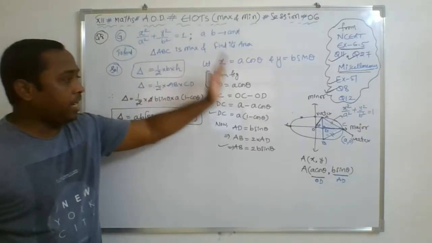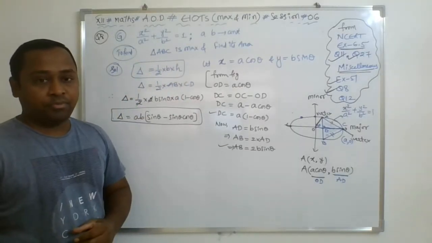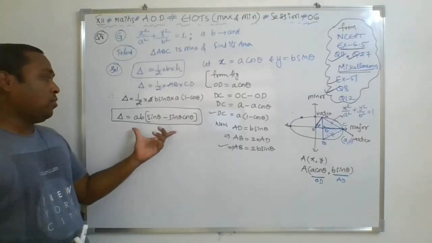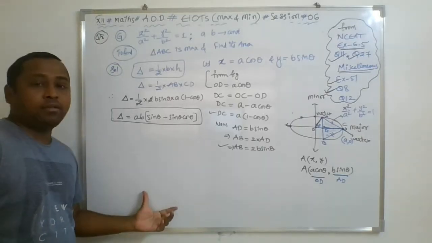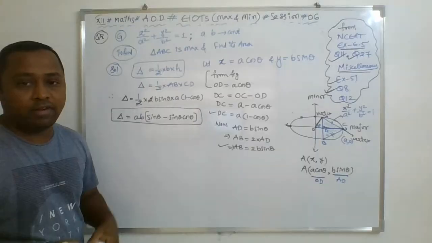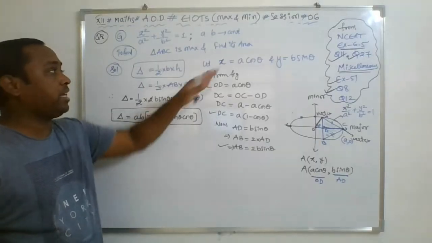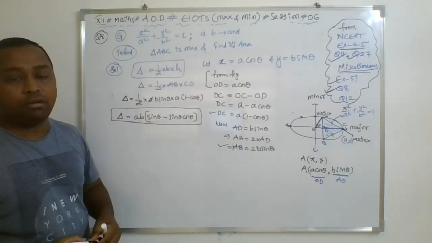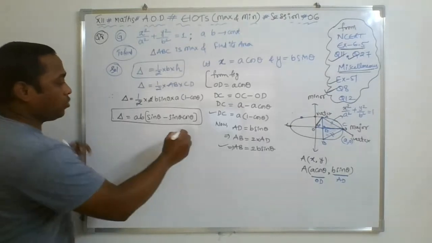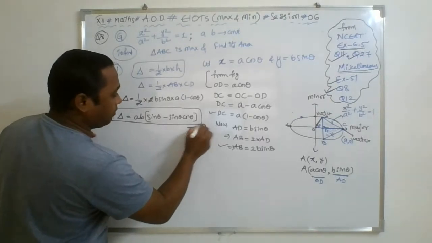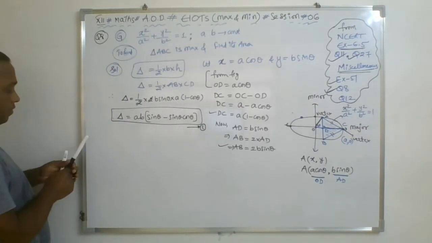So this is the beginning part of this question, right? Once you do this, then it is very simple to find the derivative, double derivative, and critical point, to prove the area is maximum, and to find the area of the triangle also. Okay, so let this be result number 1. Now we'll go with the derivative and find everything.